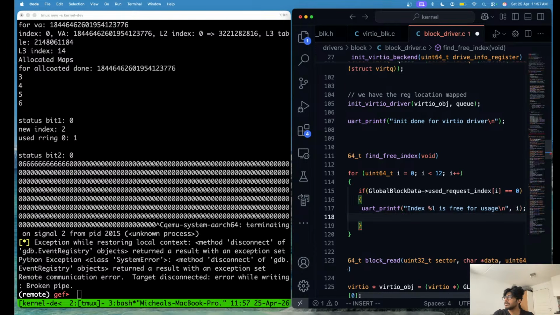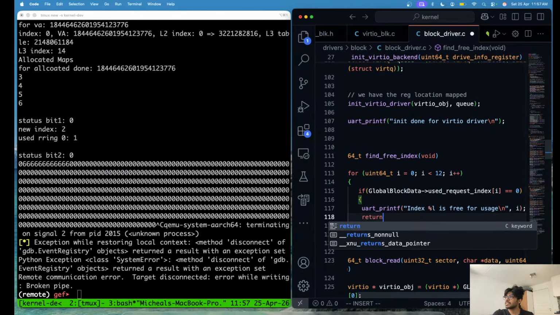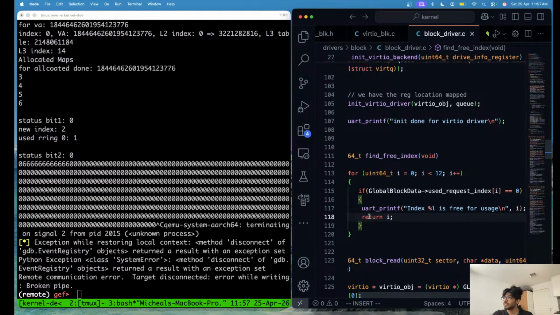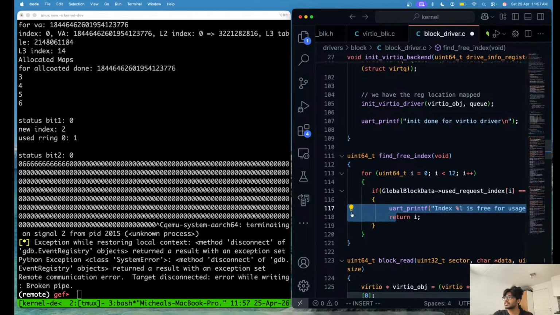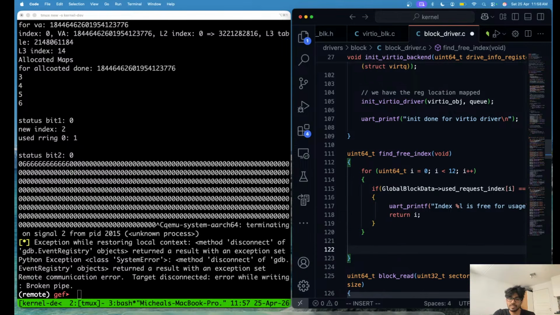Okay, what else? Then we can just return as soon as we find the first index. In case we don't find anything, then we return